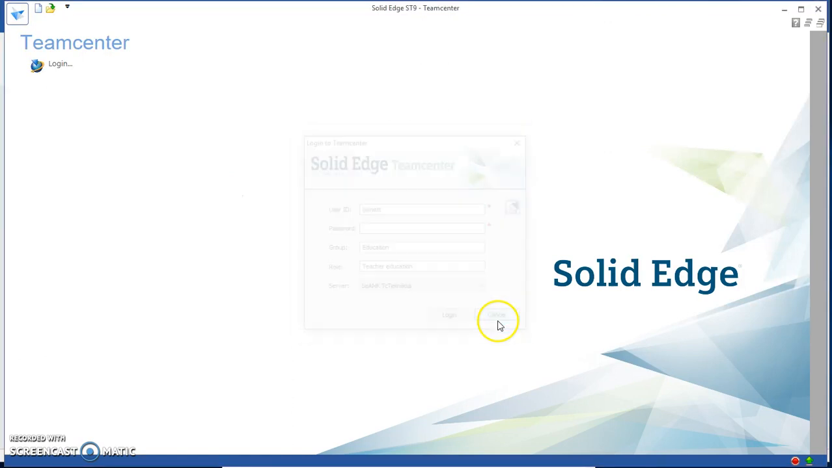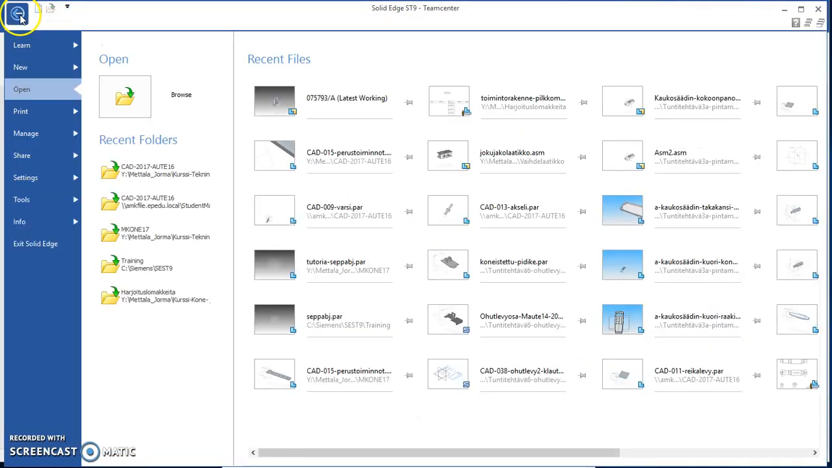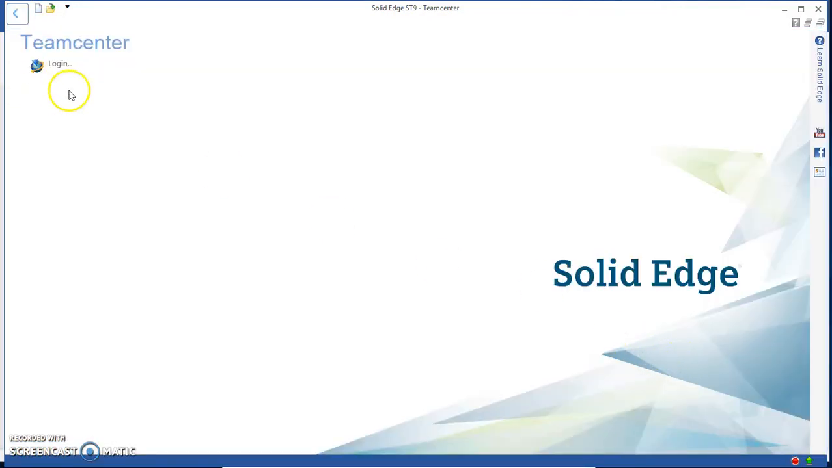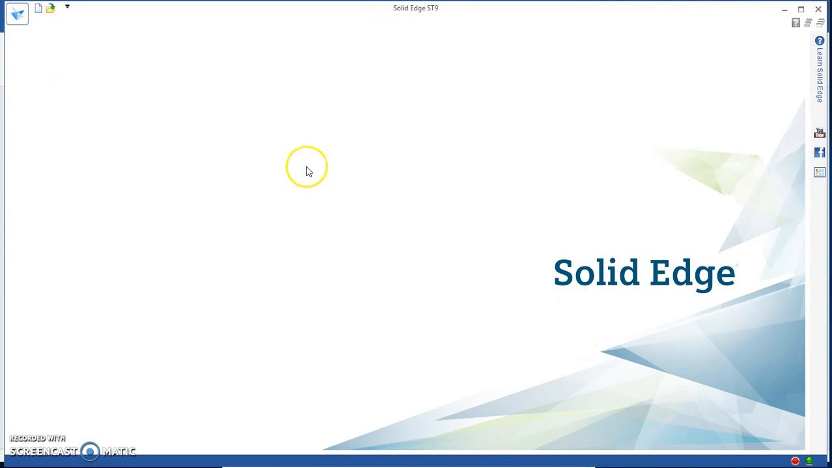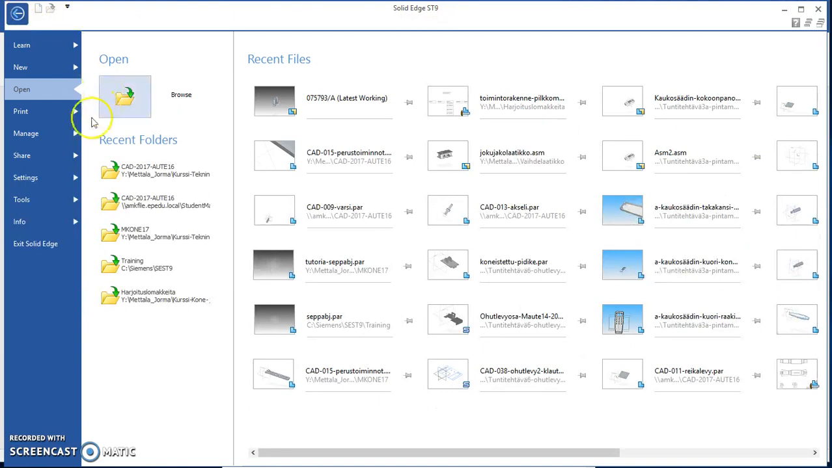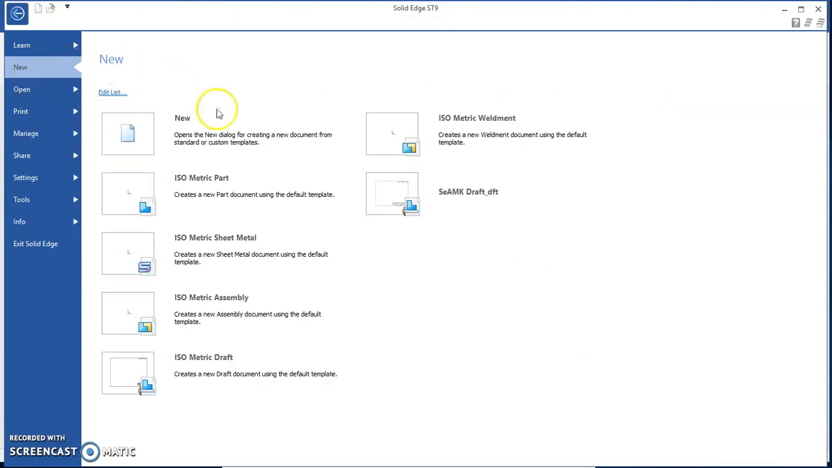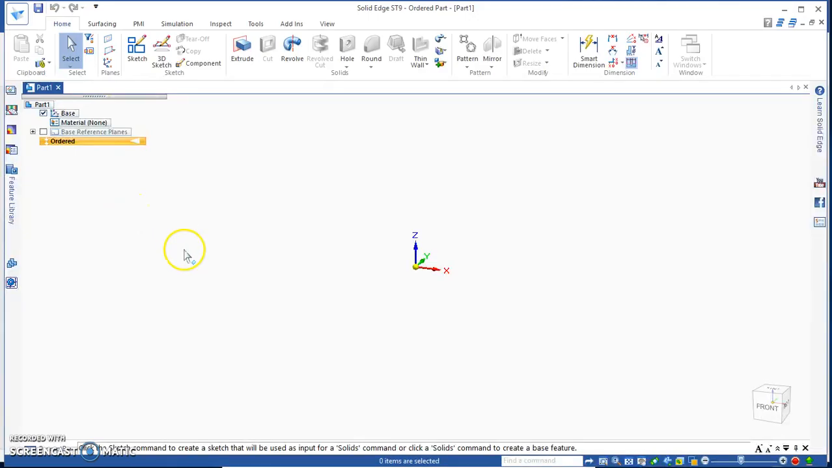Sorry, now I have theme center, I turn it off. This is only my problem, this theme center. I turn theme center off, so now I can take new isometric part. And turn base reference planes on